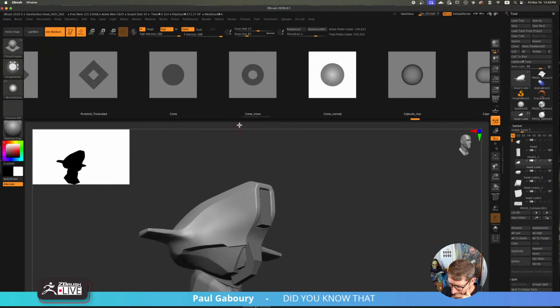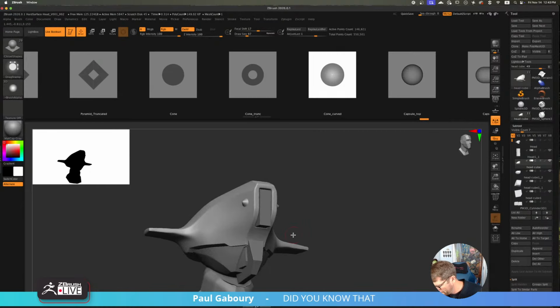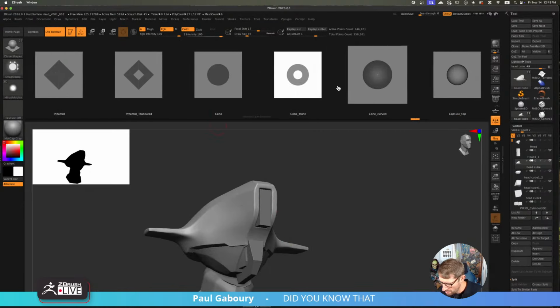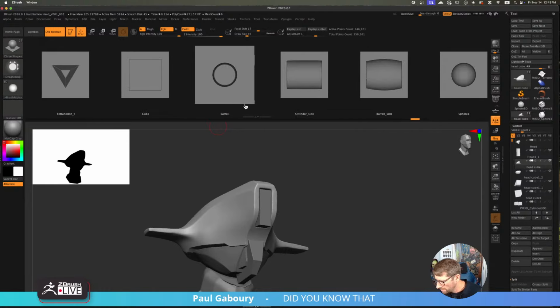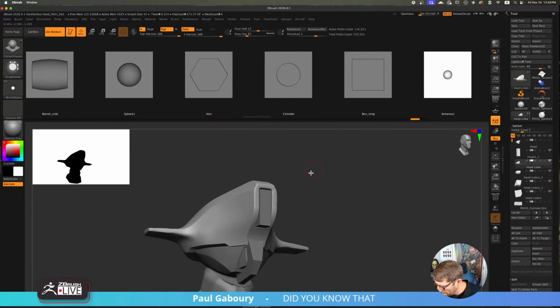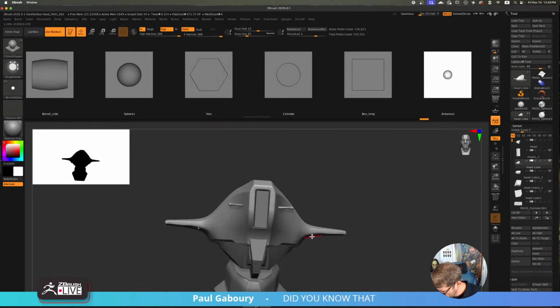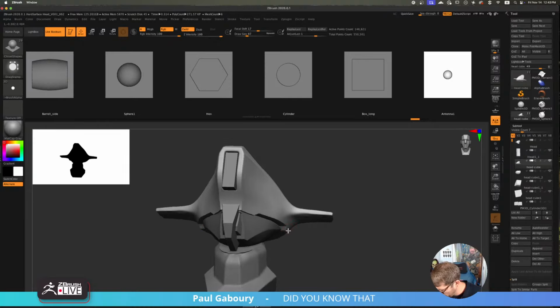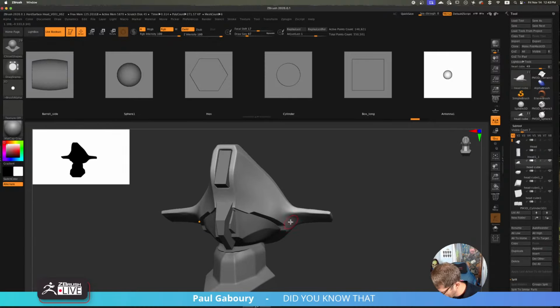Maybe just spikes. No, there's a cone. That's a barrel. There's an antenna, right? I could see this being more probably down here, or on this part down here.